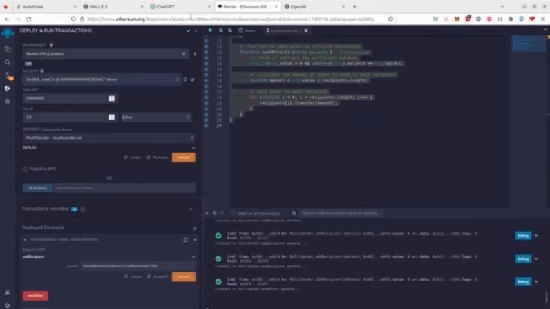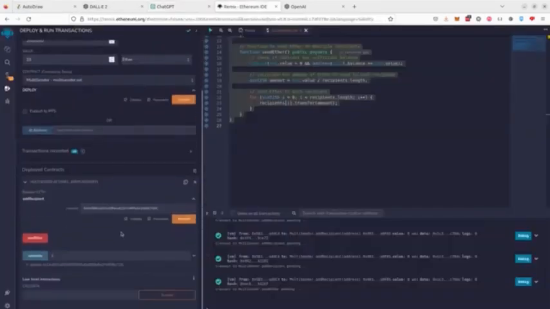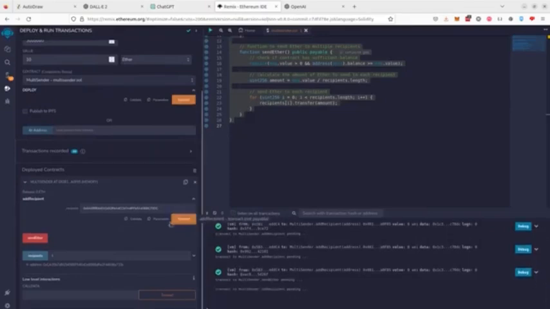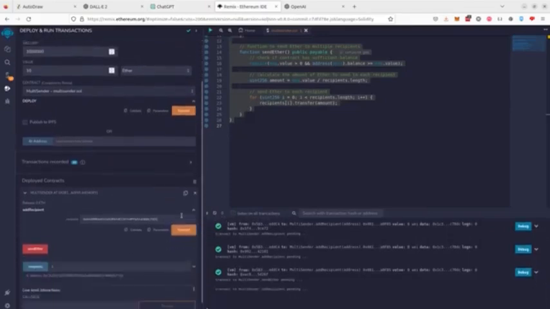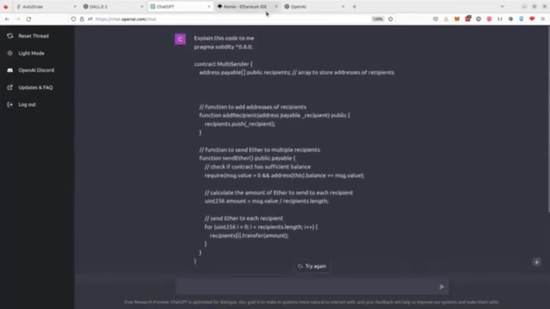And yeah, what else was here? The function first checks if the contract has a sufficient balance to send the amount of Ether specified in the message value variable, and then sends an equal amount of Ether to each address in the recipient's array. So it splits the sent Ethereum evenly across all the addresses in this array. Yeah, and this is how the smart contract works. This is how ChatGPT works. And you can try now on your own to